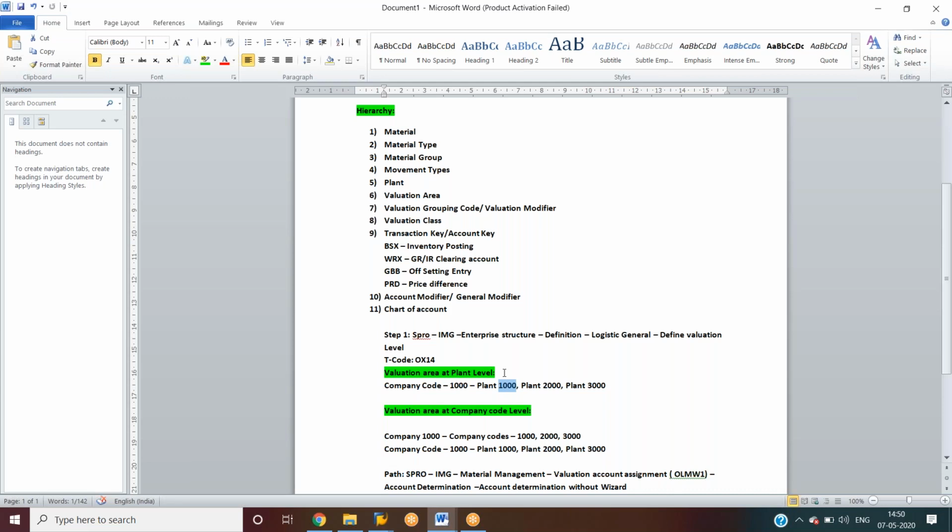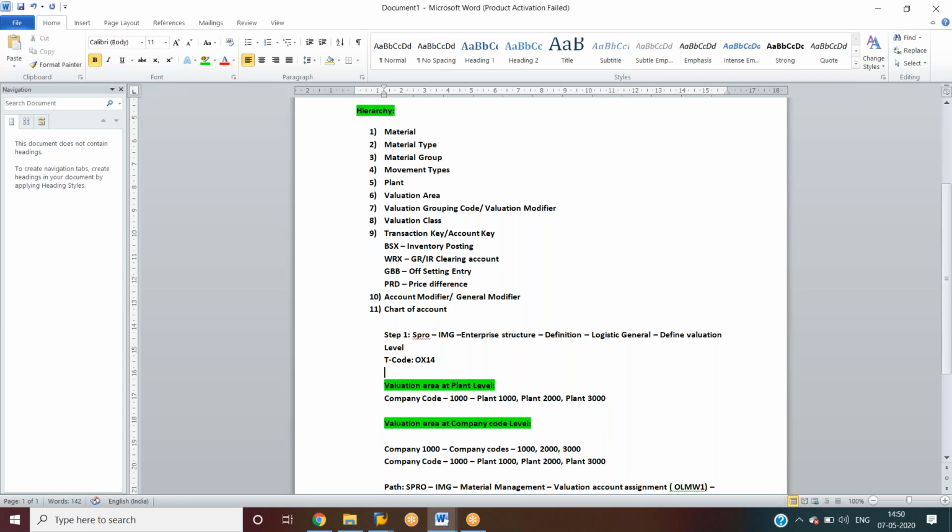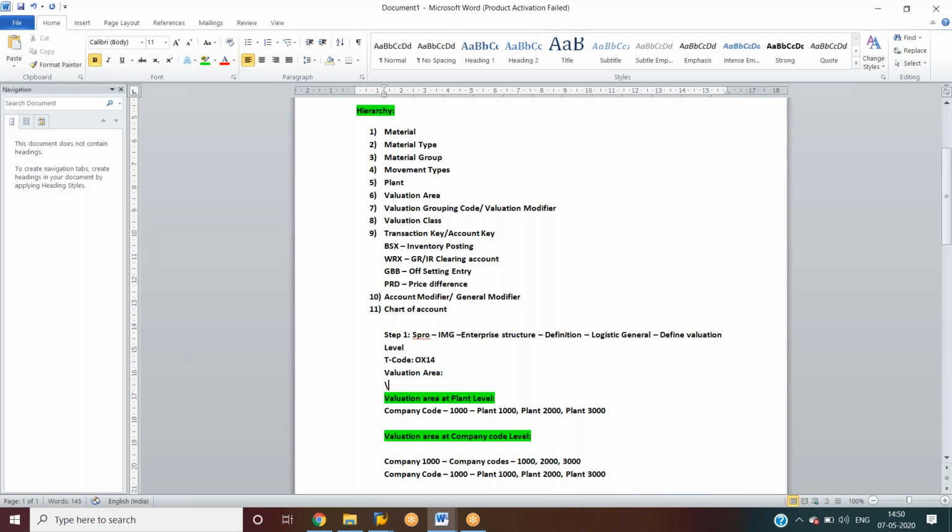What is a valuation area? It is where the valuation of the material takes place.